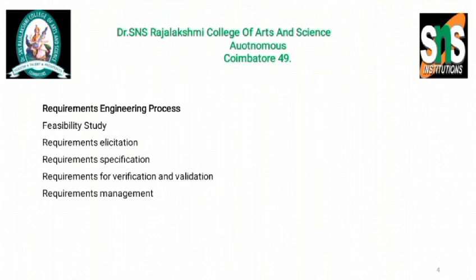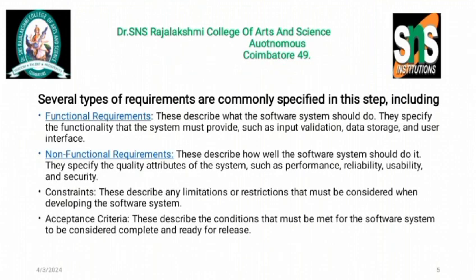The first one is feasibility study. Feasibility study means we have to study what is possible and what are the expected requirements needed for the project development. Several types of requirements are commonly specified in this step, which include functional requirements and non-functional